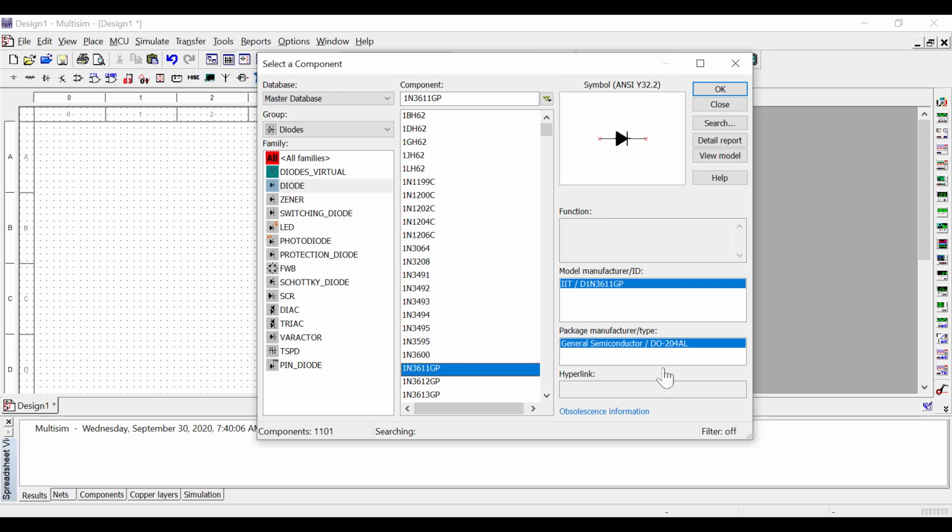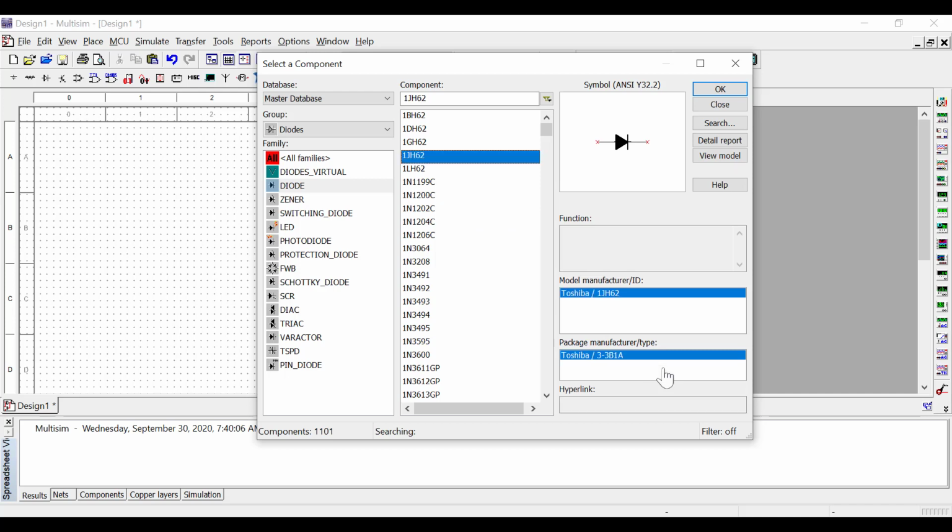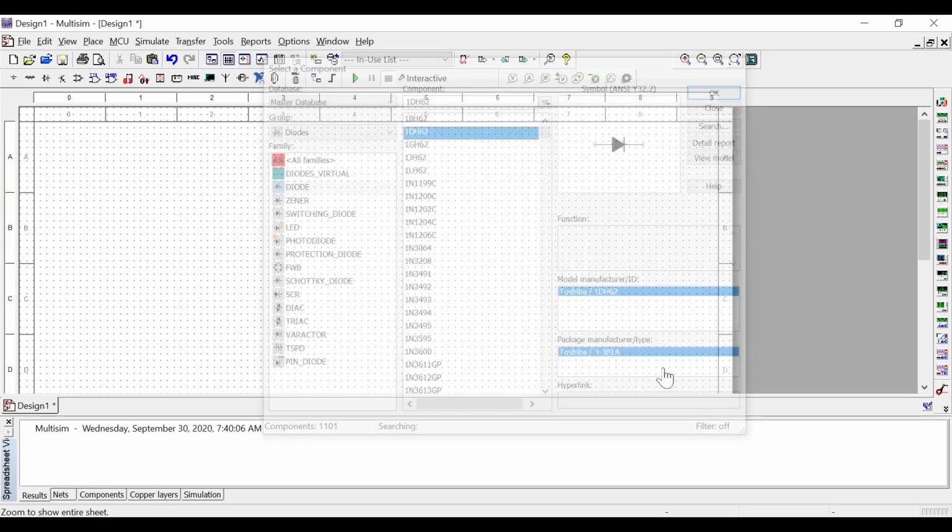If you put that number on the internet, you are going to see the details: what is the composition, whether it is silicon based or germanium based diode, and you can also see the company which is manufacturing it, also the manufacturer details are given here. This is how you can place your diodes or photodiodes on the workspace to check their behavior.